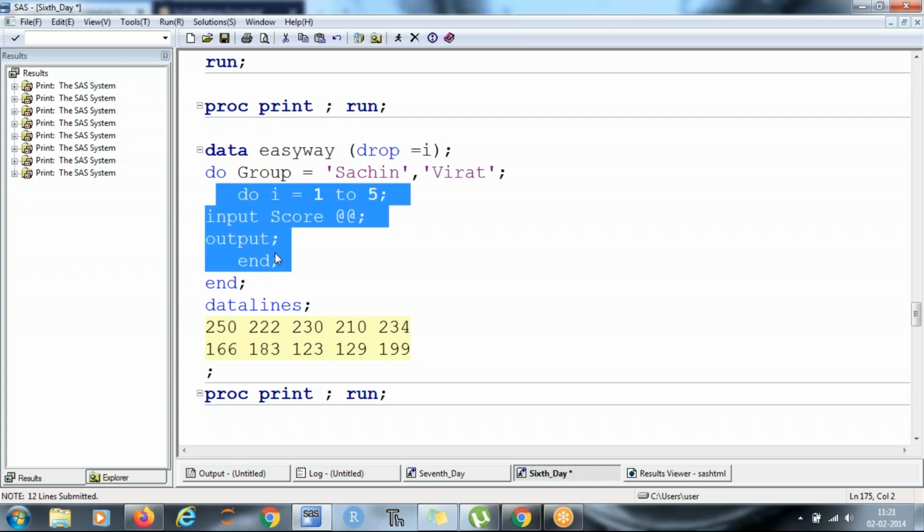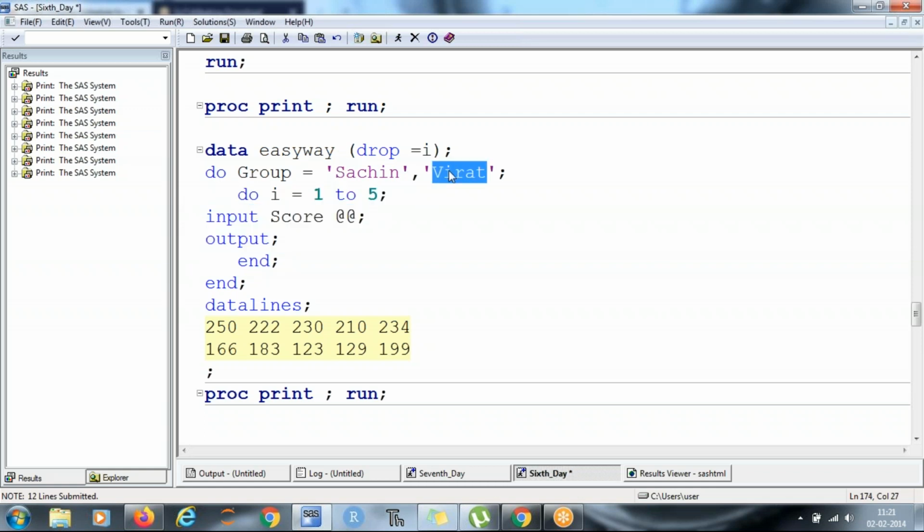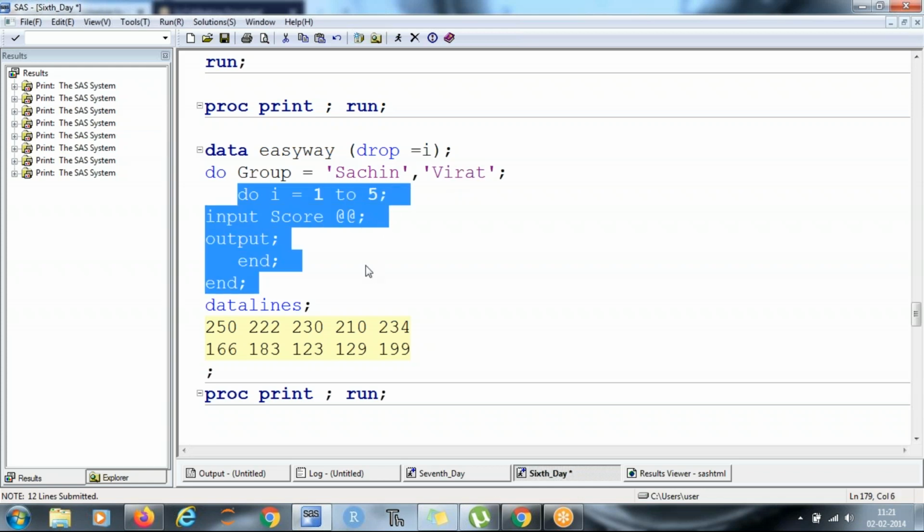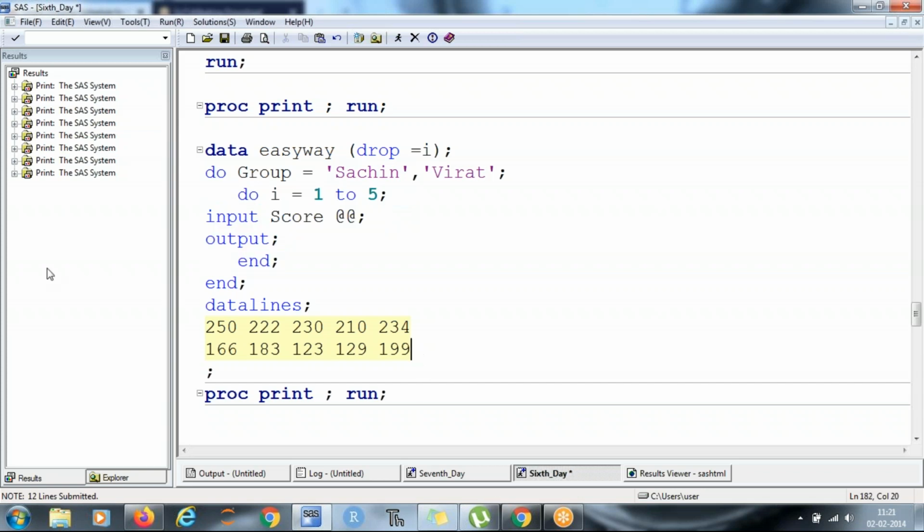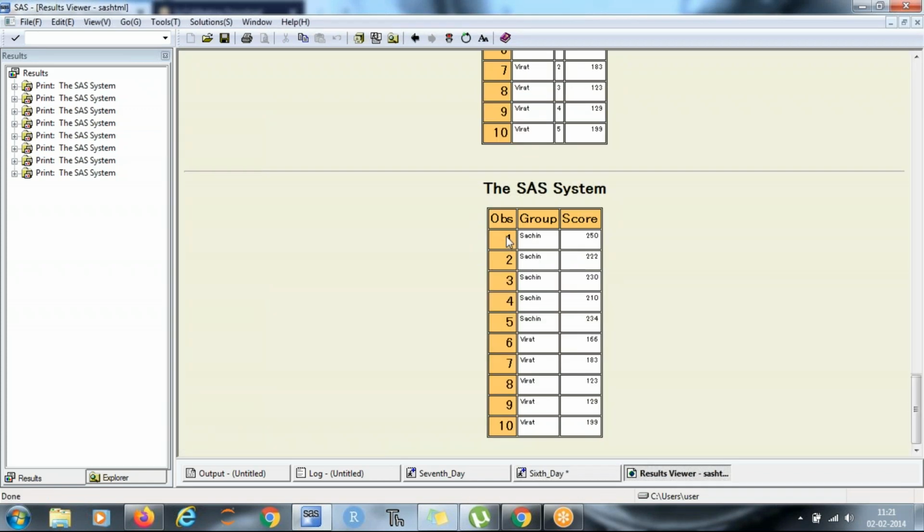Once this loop is over, it will reach over here again, and now the loop will start for Virat, and again this will start. Once this line is over, everything will be over. So we have scores in front of Sachin and Virat.